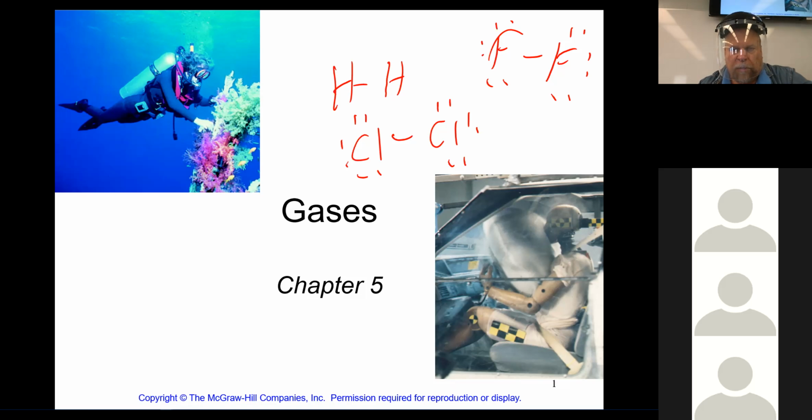Would it be hydrogen? Well, that would be the lowest boiling point because it's the smallest, right? Isn't that what we were asking? Yeah, what has the lowest boiling point? That's hydrogen, right? Okay. So of the fluorine and chlorine, what's going to have the lowest boiling point? Chlorine? No, the fluorine, because the fluorine is smaller and more electronegative, and so those electrons do not flow as easily for the London dispersion forces, etc.